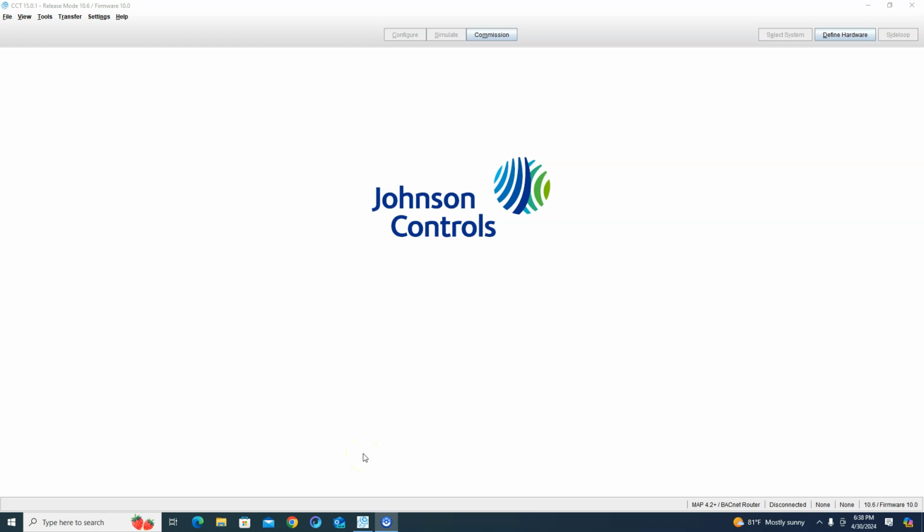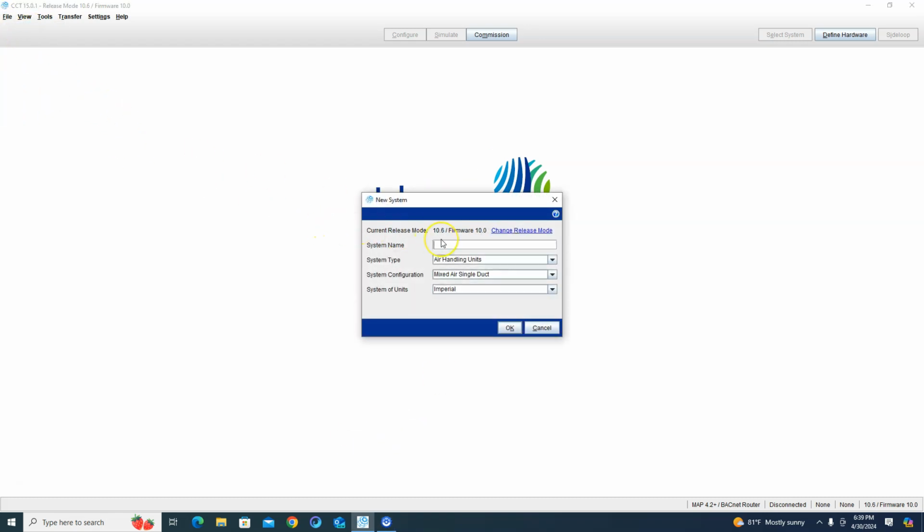Everybody, today let's talk about pressure dependent VAV boxes. If you don't know, a pressure dependent system doesn't use velocity tubes on it. It just opens and closes the damper based on room temperature. It does not care about airflow. And that's not a standard option here with Johnson. As you see, we can do